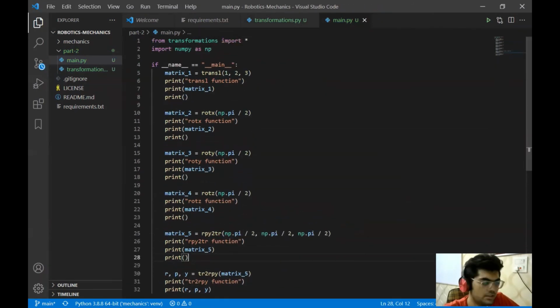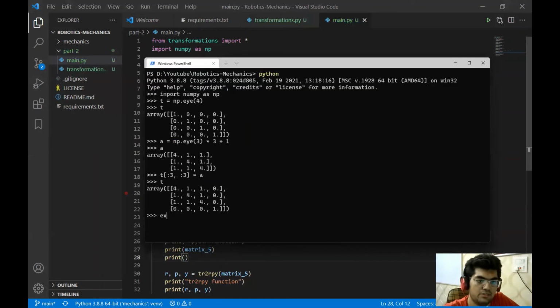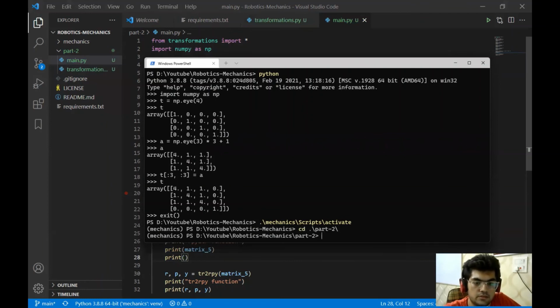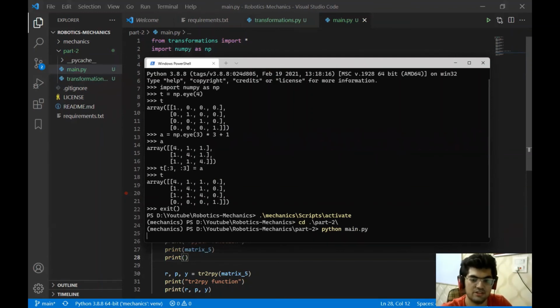Now we have all these functions written in this main file, and we're going to run it. We are already over here, and we'll activate our virtual environment. Let's go to part 2 and run python main.py to see if everything is working or not.